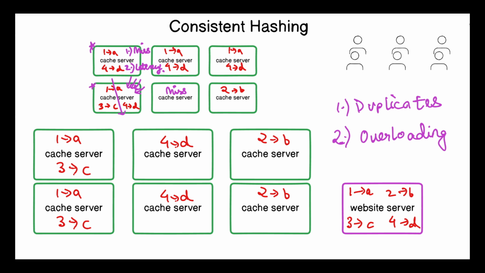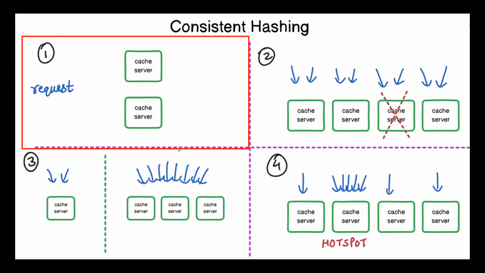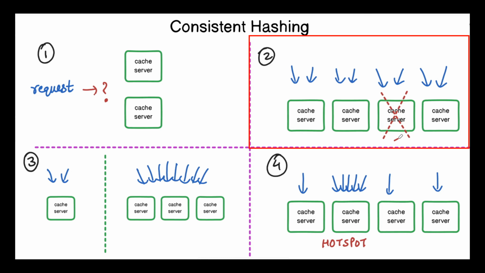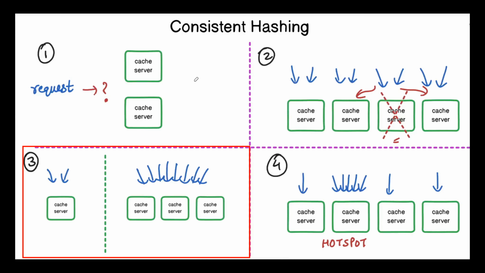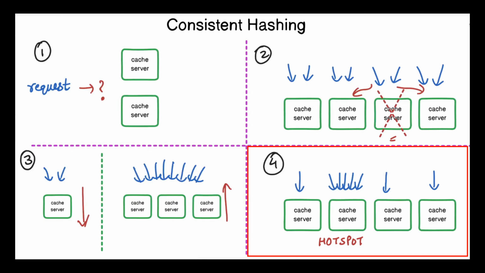But why consistent hashing? To answer this question, we first try to understand what our expectations are from a partition algorithm that we want to use in this case. The algorithm should be able to redirect the request to the correct cache server. If one cache server dies, then the algorithm should be able to redirect the request to another cache server. The algorithm should be able to handle dynamic load. If more requests are coming, then we need to add more cache servers, and if fewer requests are coming, then we need to reduce the cache servers. The algorithm should be able to reduce hotspots in the system architecture so that requests can be distributed equally among all the cache servers.